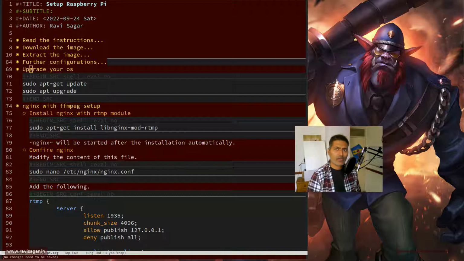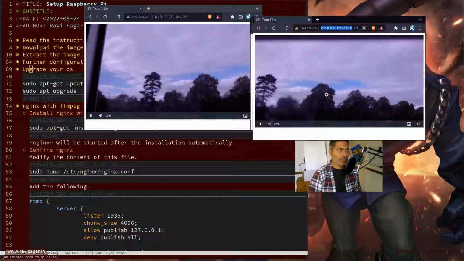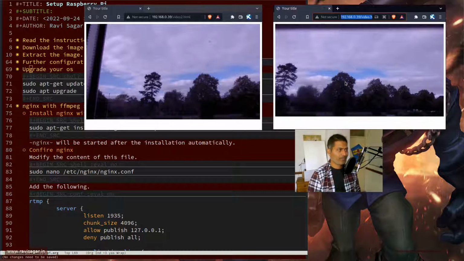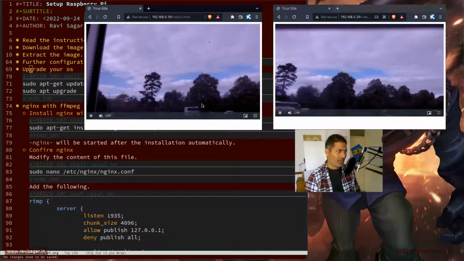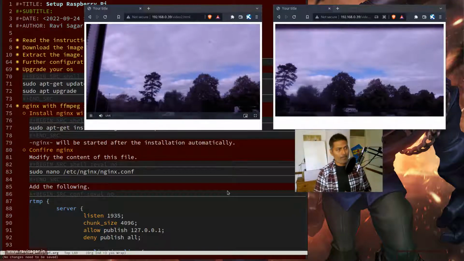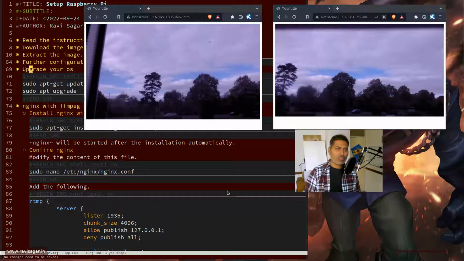Let me show you the videos. I'm playing these videos from my browser, and I can also play them using ffplay. Let me show you the browser first. This is my camera number 2. This is my camera number 1. As you can see, there are different cameras, and there is some latency, some delay. In fact, there is a latency between these two cameras. There is a bus which is going in camera number 2, so first of all there is a delay. I can see the bus which is not turning, but even between these two cameras, they are not in sync,